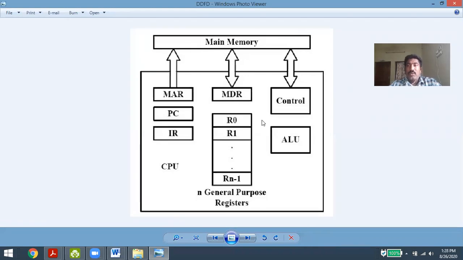I want to perform 2 plus 2 in a computer. So how is this 2 plus 2 done? With the help of the processor. First of all, the processor will store the value of 2 initially. Let us take 2 plus 2. No, sorry, let us take 2 plus 3. So I want to perform the 2 plus 3 operation.